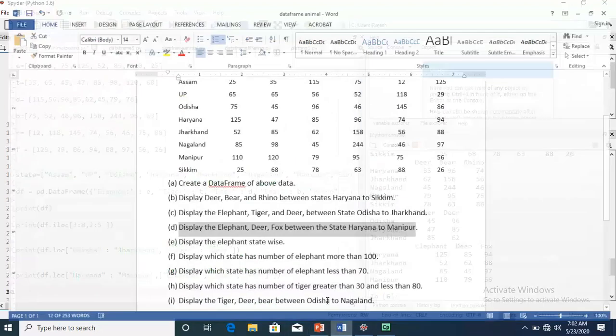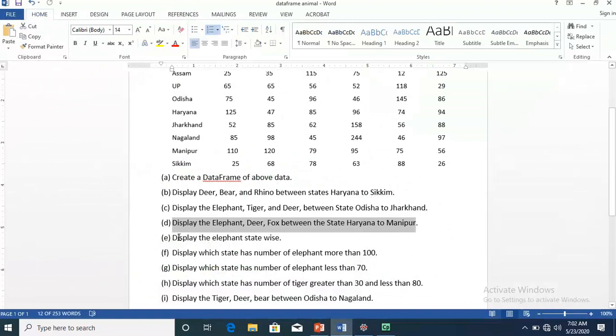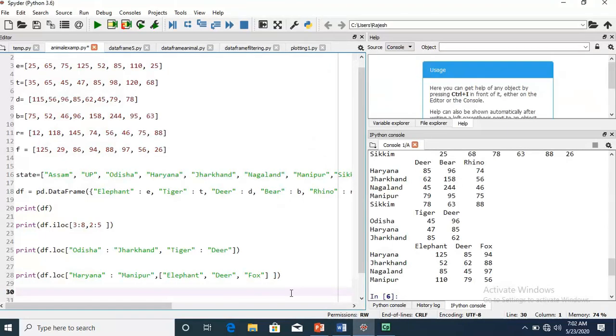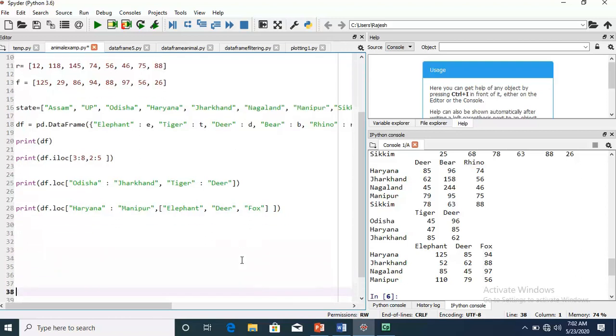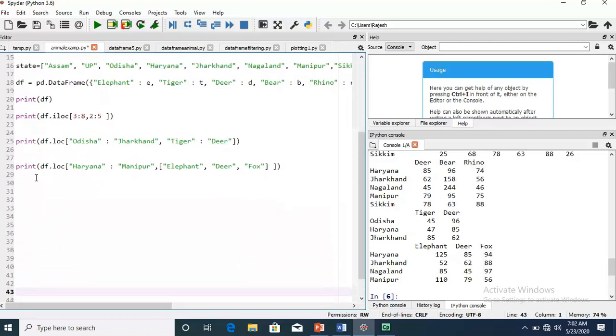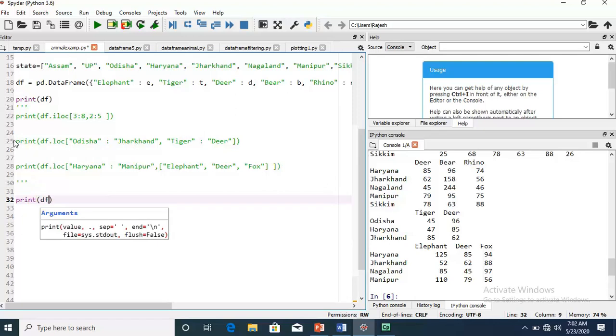Next question: display the elephant state wise. How can we display the elephant state wise? Here you simply write one more thing, because each time it will create a problem, I am using multiple line comments. Then print df.